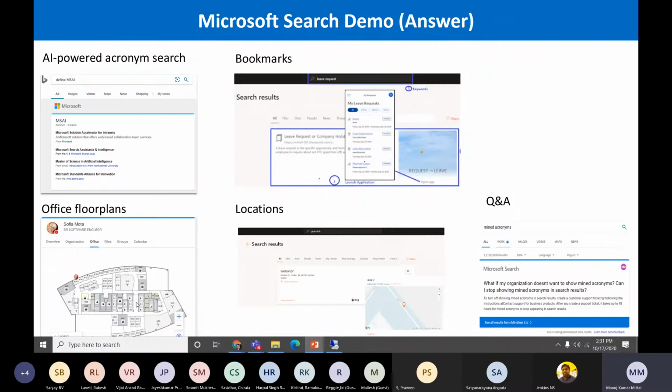So we can just, by the person's name, go to their office location and get the results of where this person is seated. The last one is a Q&A section. Again, we'll say it's promoted results. Any results which we want as an organization, if some event is happening or something we need to promote, we can define separately in a question and answer section. So if people are searching, those results will come back here. I will showcase all this here.